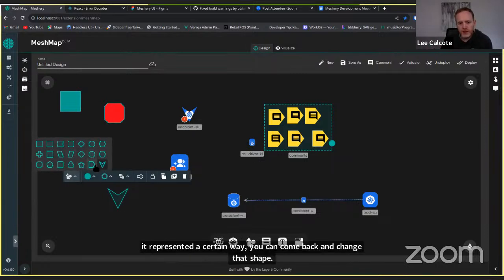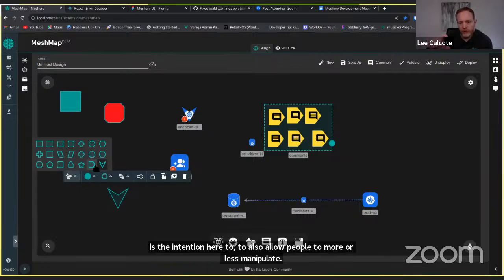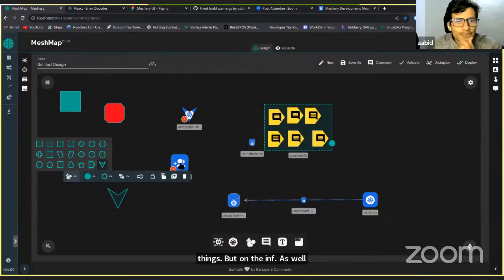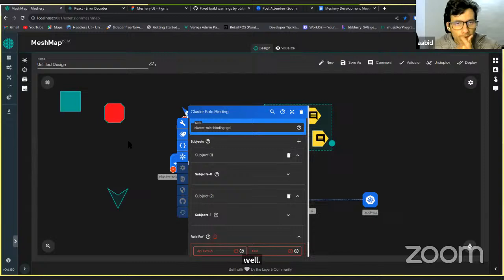Abid, is the intention here to also allow people to manipulate shape and color and stroke color and all of those same things, but on the infrastructure components as well? Yeah, actually, we're just, as you said, on the verge of now having it for all the components.